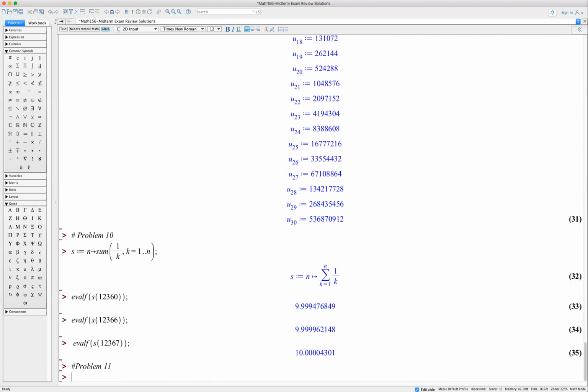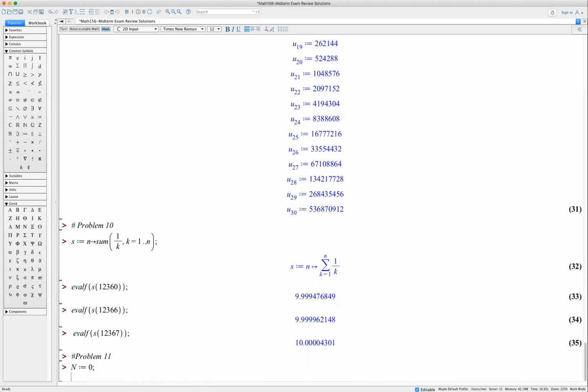So let's say N is going to be the count. We start with N equals 0 because we don't have any numbers of the form n squared plus 7. For n from 1 to 1,000 do,